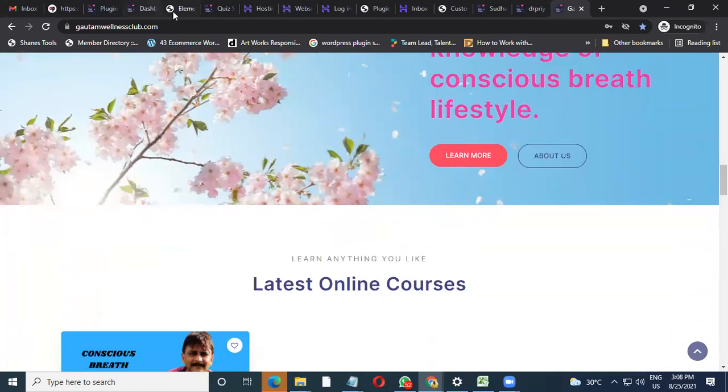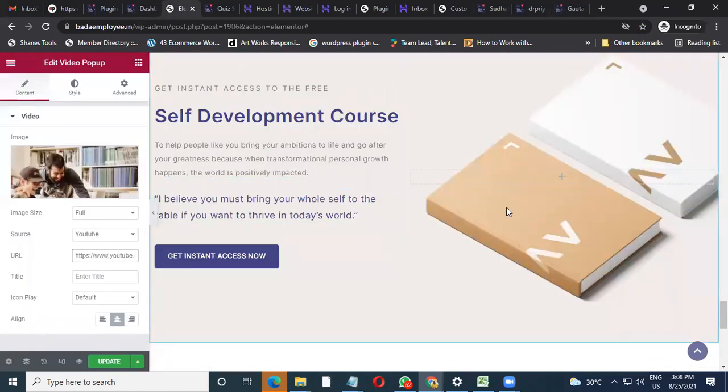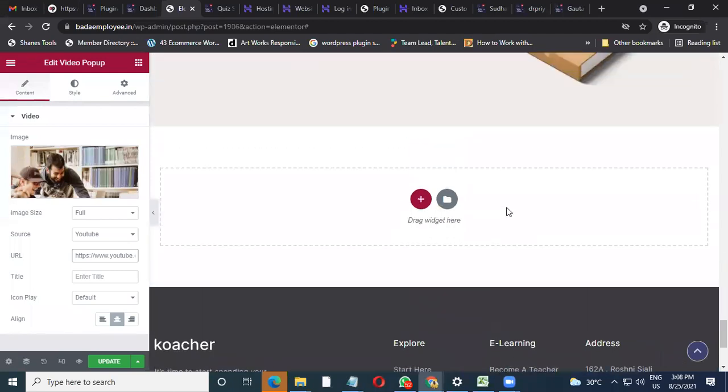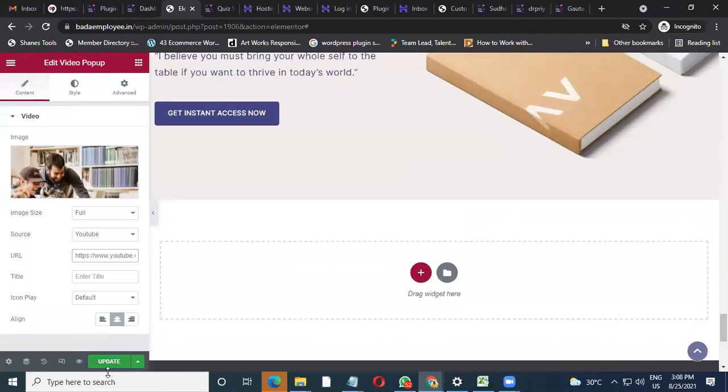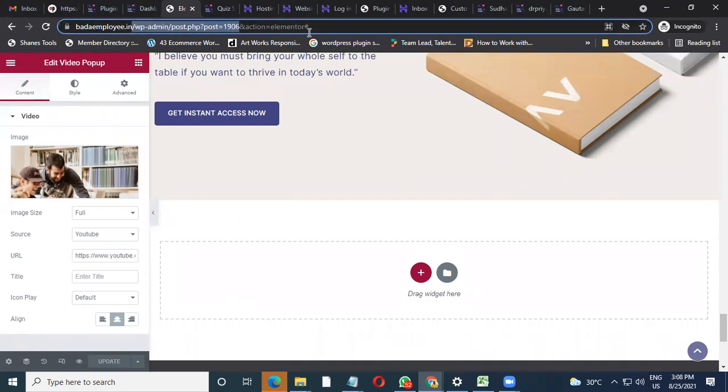Now there are various themes also on this. So in case you don't like this page and want to change the page, you can always change it up. So there's no limit to it. So I'll show you also in that area how you can change the page.